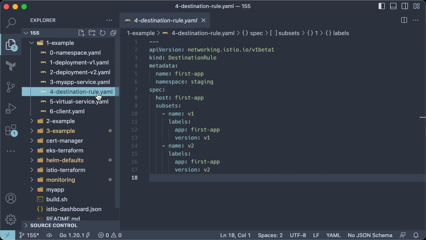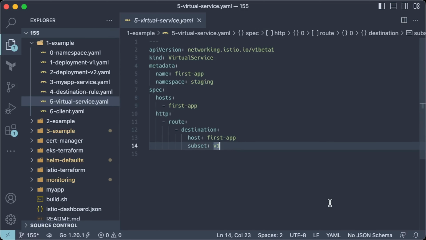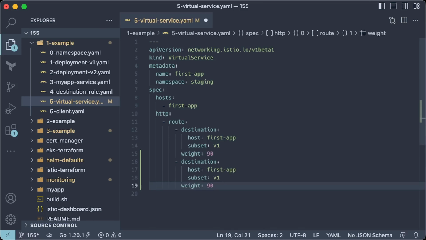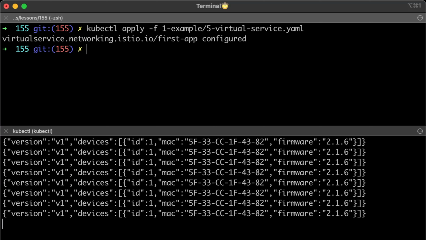Now, let's say we want to upgrade our app to version v2. First, we want to route a small percentage of the traffic to that version and make sure it's healthy. Add the weight attribute with a 90% value. Also add another destination that will send traffic to the v2 version, but only 10% of the traffic. Everything is ready. Let's apply the new rules. On the bottom window, you can see that v2 rarely appears, since we only route 10% of the traffic